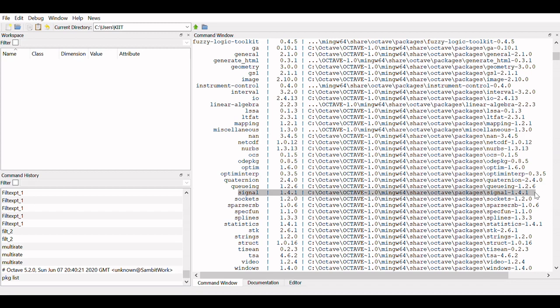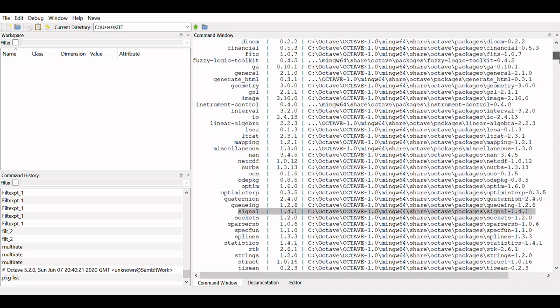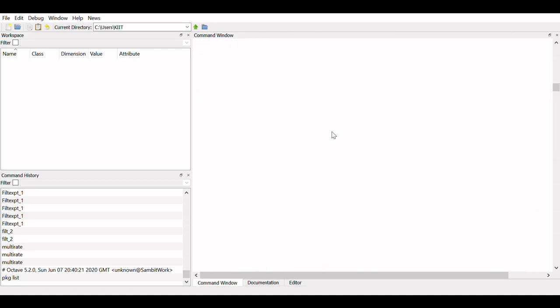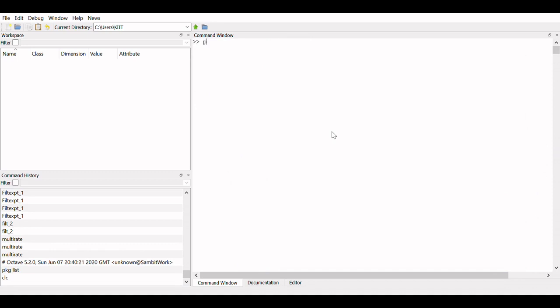The signal package. As this is a signal processing laboratory, most of our experiments are compatible with this package. Anytime you want to run a code which is related to signal processing, the command is pretty simple: pkg load signal.